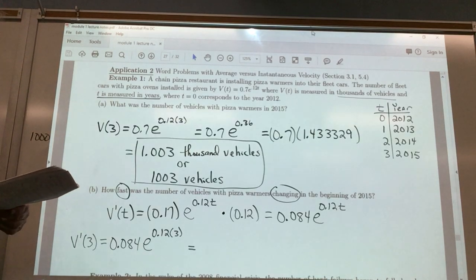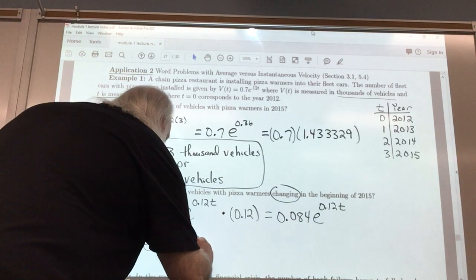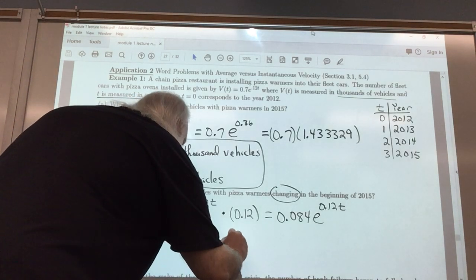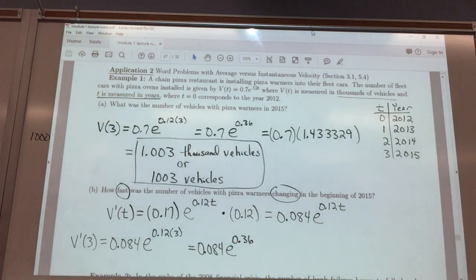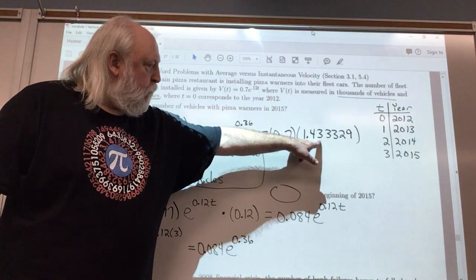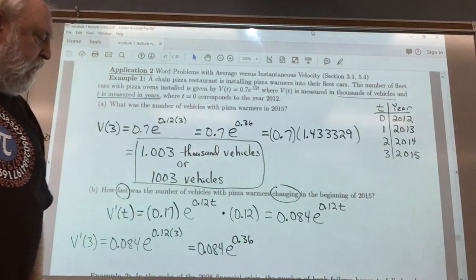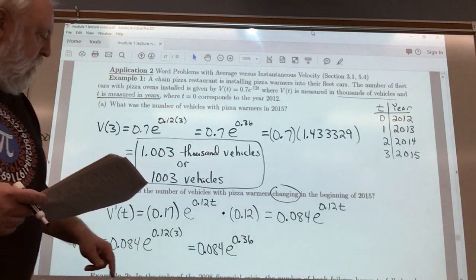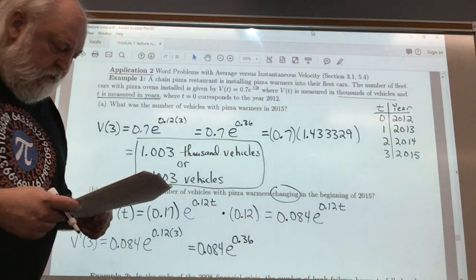Well, again, 0.12 times 3 in the exponent is 0.36. So 0.084 times e raised to the 0.36 power. And that number, e to the 0.36, using your calculator, we know is equal to 1.433329 from up here. We already did it up here. And so when we multiply this number in parentheses up here by 0.084, we get